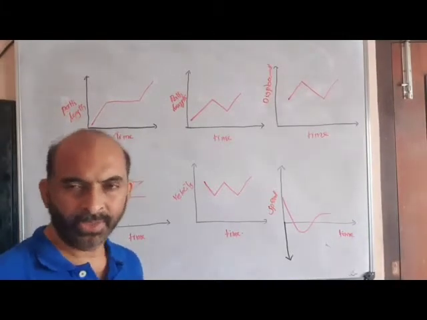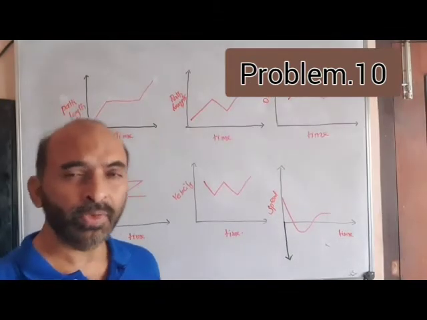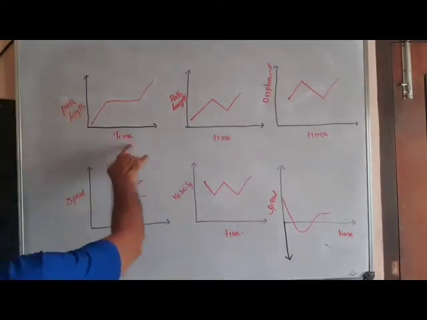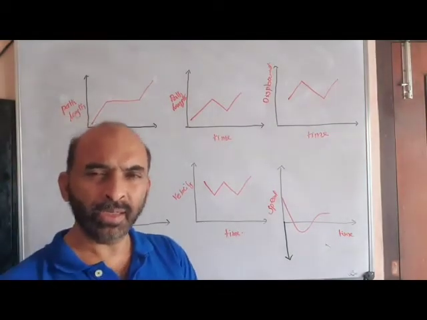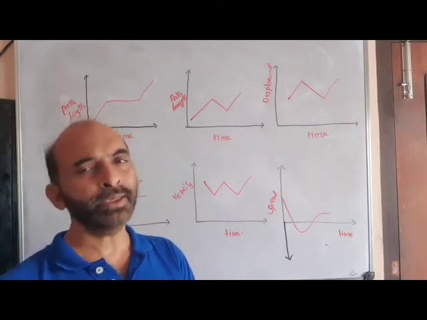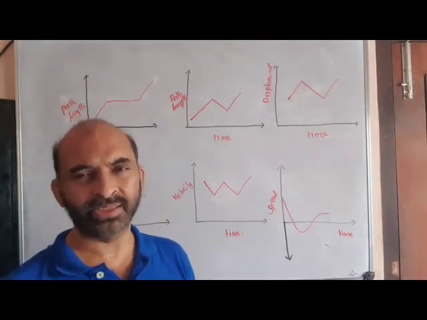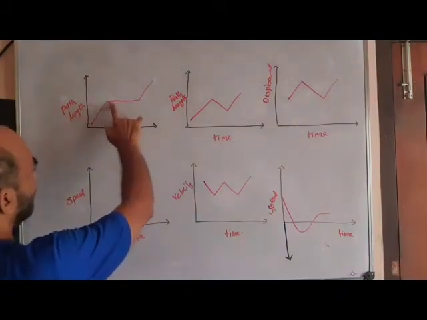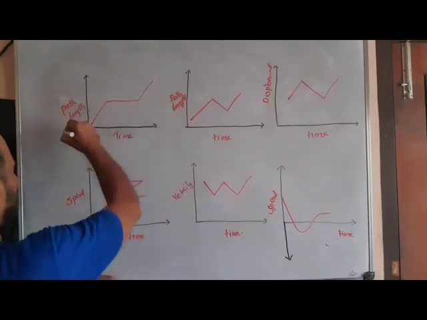Another graphical question. Different plots are shown, and we must identify which can be correct. This one, path length versus time. We know path length is a scalar. It can increase, it can remain constant, but in a process it cannot decrease. See, in this diagram, path length is increasing, then with time it remains constant, then it is again increasing. So nothing wrong about this image.